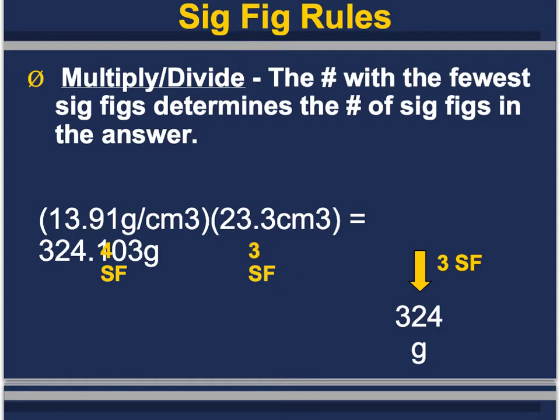23.3 has 3 sig figs. So if I was to say which one is going to have the fewest sig figs, 3 is our lowest number. So I just am going to do the calculations like I totally would in my calculator, and if you can see in the white back here, our answer is going to be